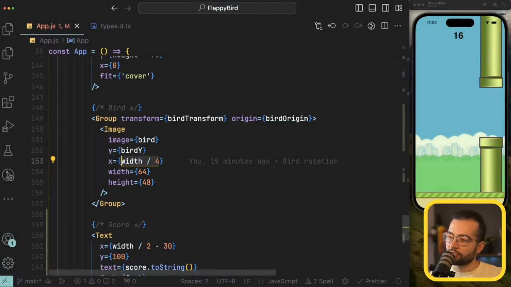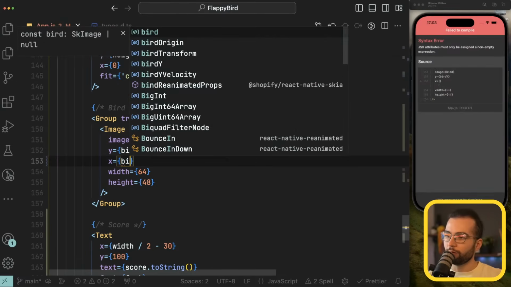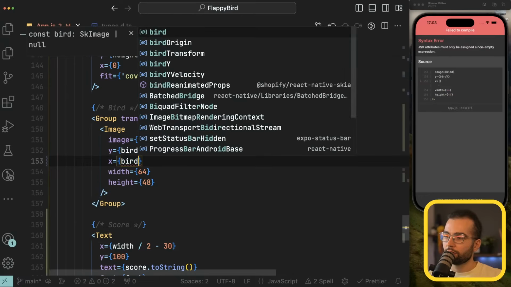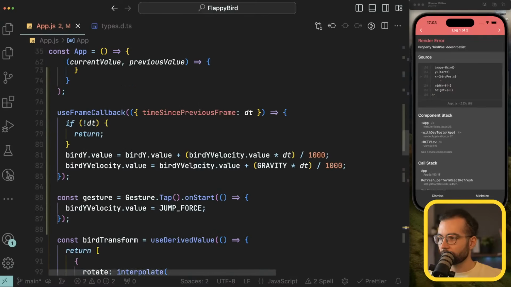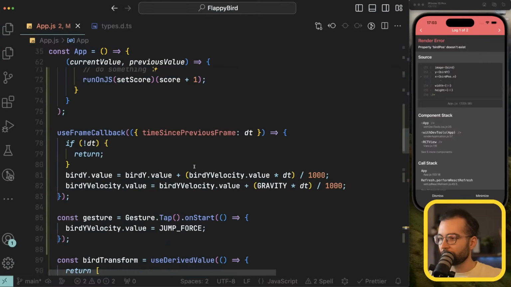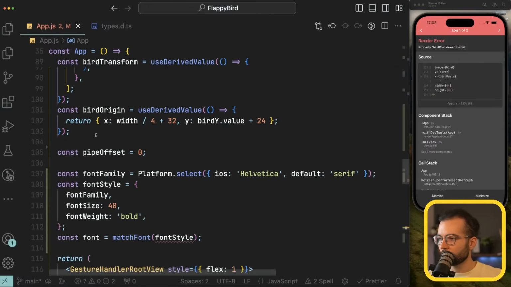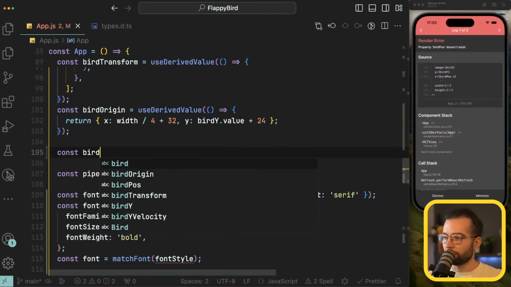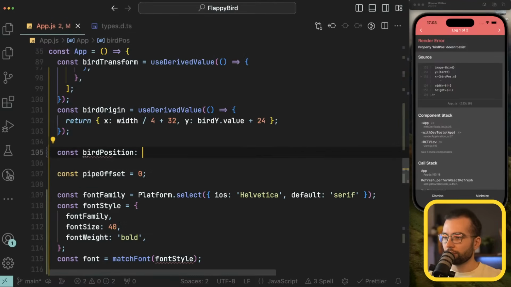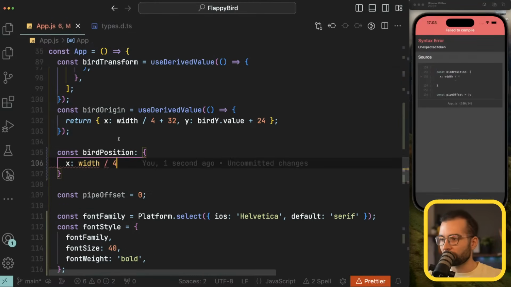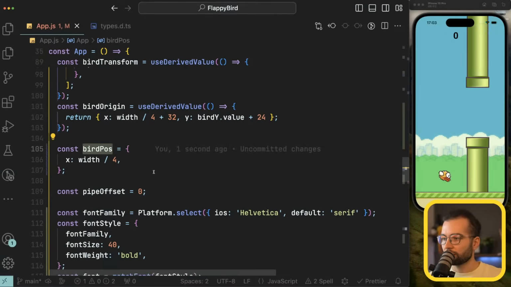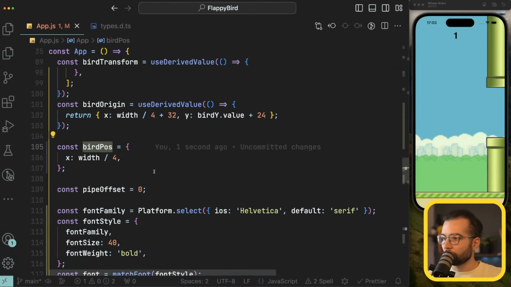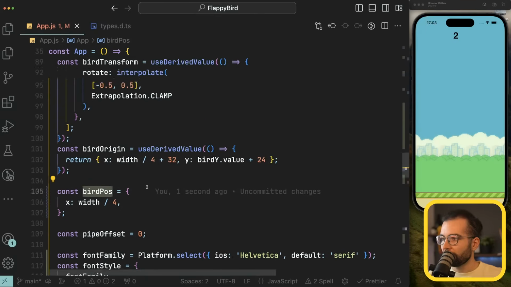Let's use this as the bird position dot x. Let's define it somewhere here as the const bird position, an object with x, and it will also have y. For now it's only x. Should it be bird pos? Yes, bird pos x. And we're going to use this bird position in the